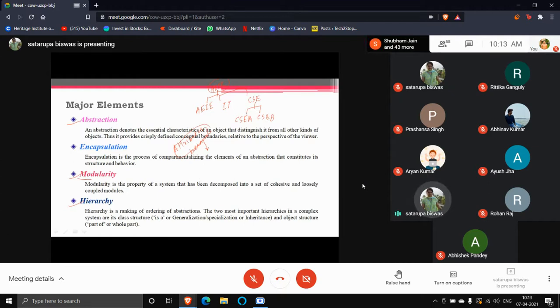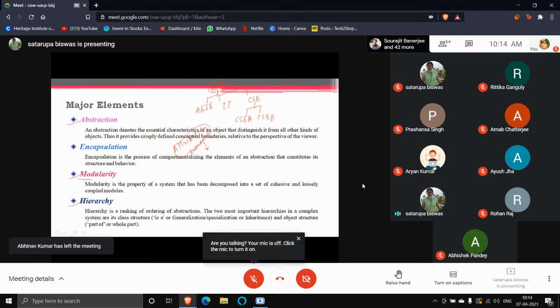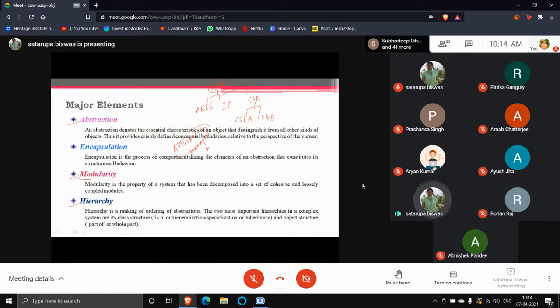Obviously, when you are working with modularity, this encapsulation part also becomes inevitable. So all these four elements are interrelated with each other. If you have abstraction, you have to make a hierarchy. When you are making a hierarchy, there should be modularity. To make the module work properly, you need to have the encapsulation. So these are the four major elements, and without any of them, you cannot say that particular programming language or that particular design is an object-oriented design. Okay?